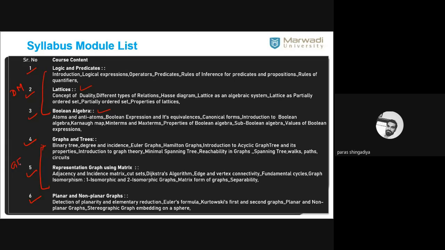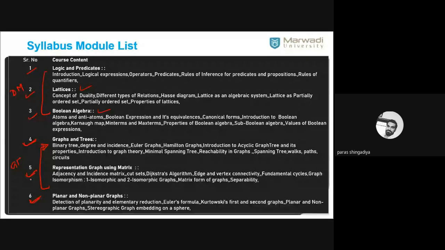So first we will start the graph theory portion, and after that we will complete the discrete mathematics units. We will start unit number 4 today, then unit 5 and unit 6. You are learning graph theory for the first time. So in unit number 4, we will learn the basic concepts of graph theory, the historical background, who invented it first, and the basic definitions required to prove new results.